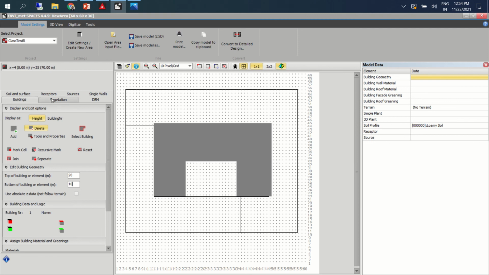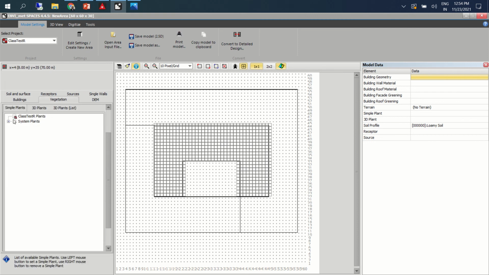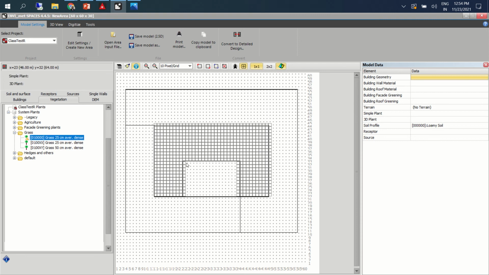Okay, fine. I'll go to vegetation. I'll just put some grass here. Let us assume some courtyard kind of thing. We can have trees also, randomly.